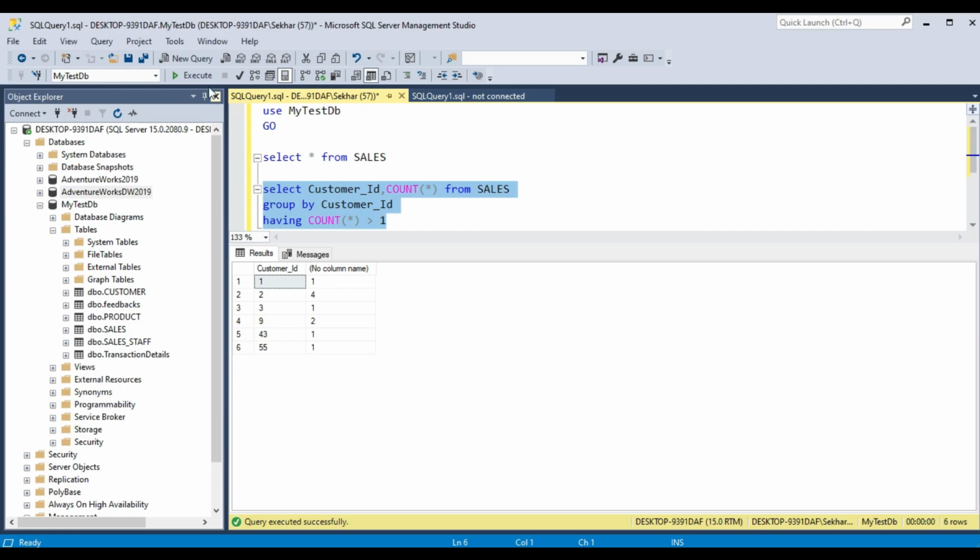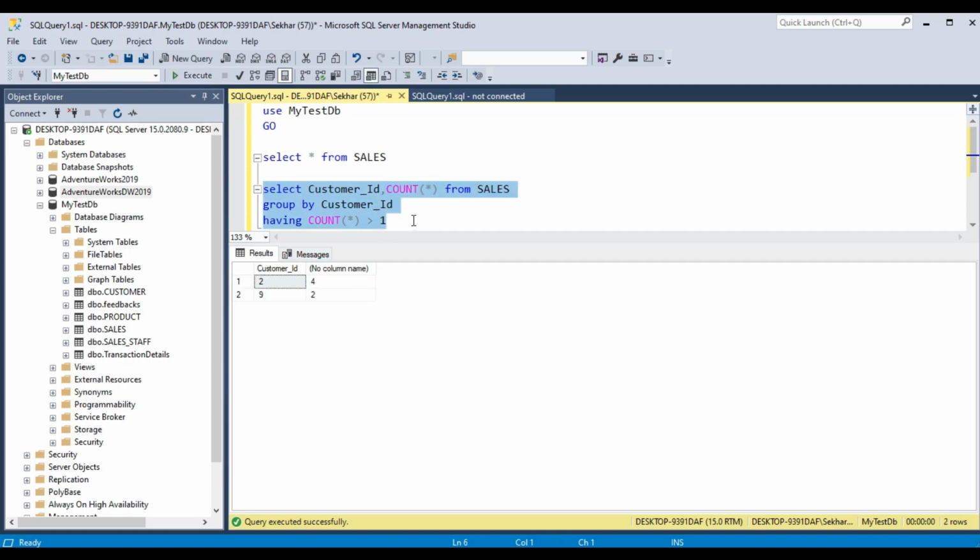Okay, if we run this query, it will give us the customer IDs who have made more than one order. Got it, right? In our previous query, if you can see, only 2 and 9 have made more than one order, and after adding the having clause we can filter them out.